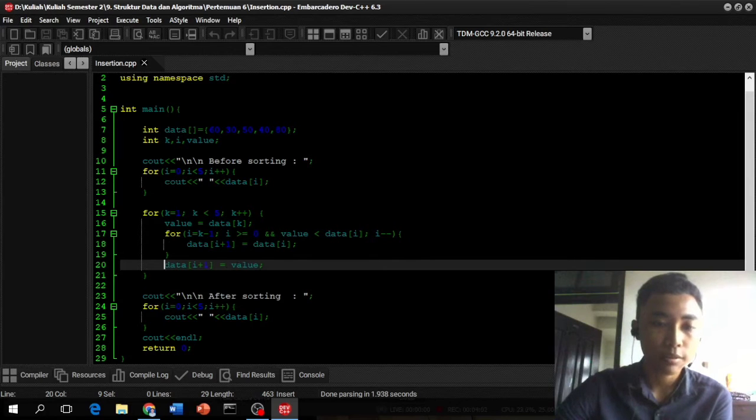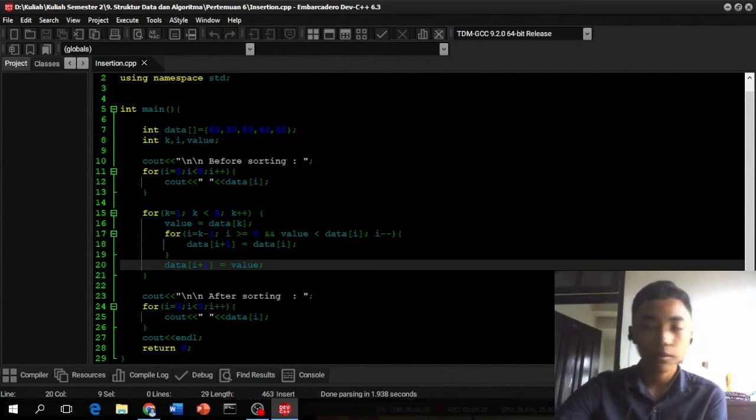This means, like the value of a, maybe in this case is 0, so the data index 1 is equal to value. And after finishing this nested loop, after finishing all the data in the array, the data will be ordered from small to large,